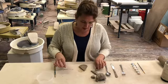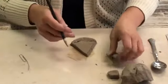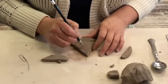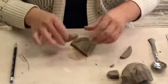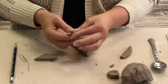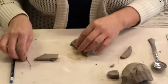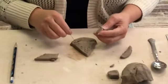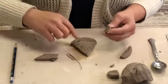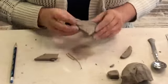Your pizza might need some cheese. Instead of making little tiny pieces, which might break in the kiln, you could draw some cheese on there. You could sculpt it with your pencil. You might make some pepperoni. Anytime you roll out a ball of clay and smash it down, you are going to make something that looks rounded. What do I need to do? I need to score and slip. You could add different pepperoni on there. You could make different kinds of...